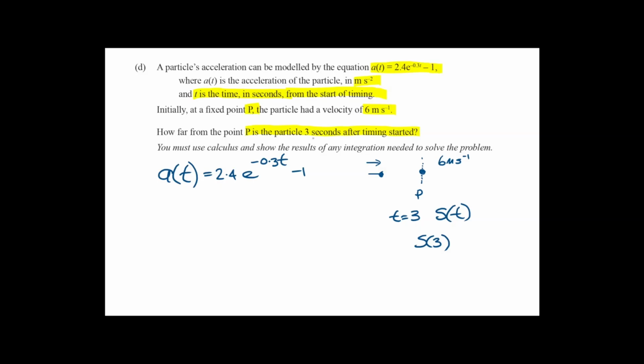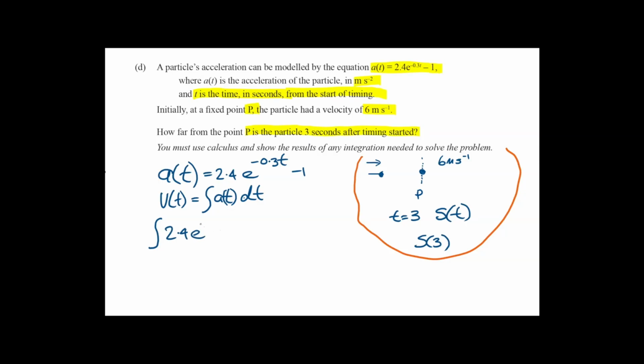We know that the velocity is found when we take the integral of the acceleration with respect to time. So when we integrate 2.4 e to the minus 0.3 t minus 1 with respect to time,